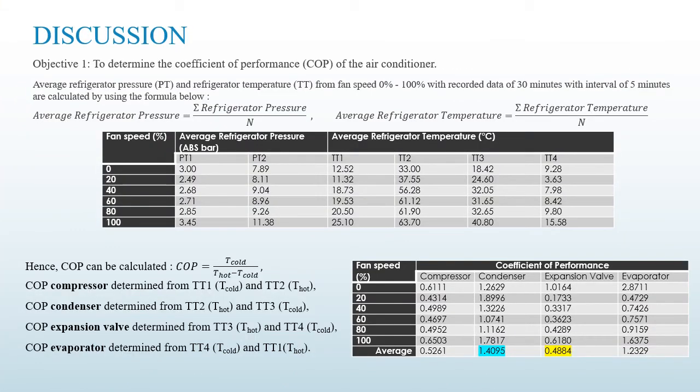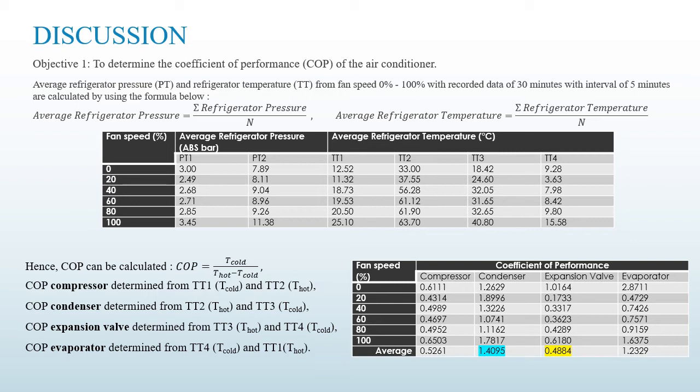So for discussion, our first objective is to determine the COP of the air conditioner. Hence, the average refrigerator pressure PT and the refrigerator temperature TT from fan speed of 0% to 100%, with recorded data of 30 minutes at intervals of 5 minutes, can be calculated using the formula below, where the average refrigerator pressure is equal to the total refrigerator pressure from 5 minutes to 30 minutes divided by N, and the average refrigerator temperature is equal to the total refrigerator temperature from 5 minutes to 30 minutes divided by N,